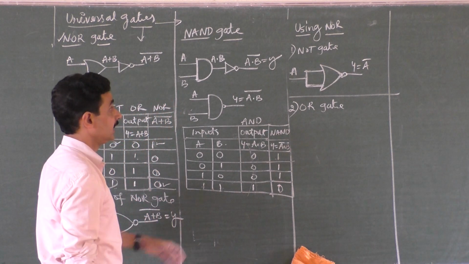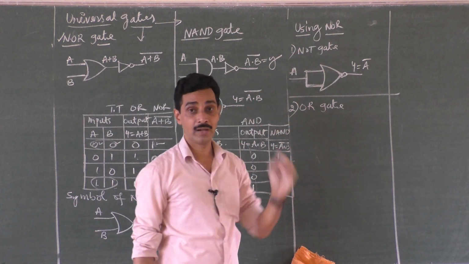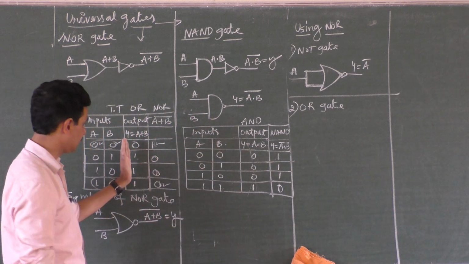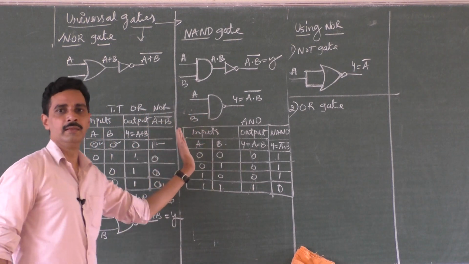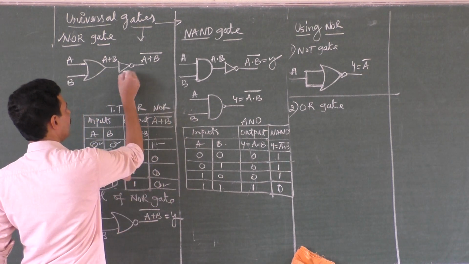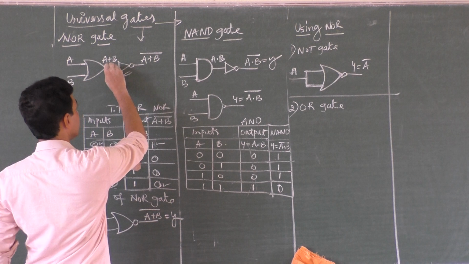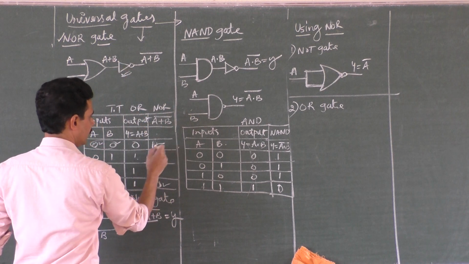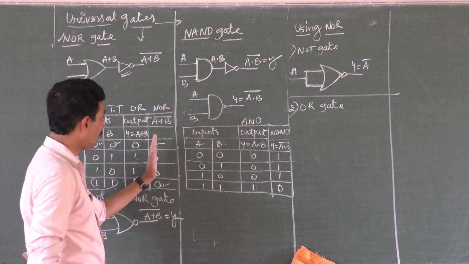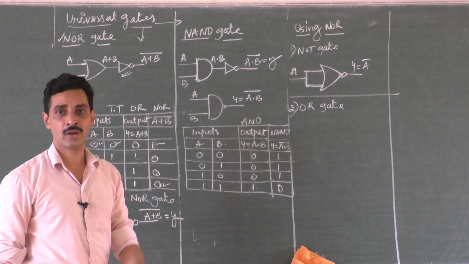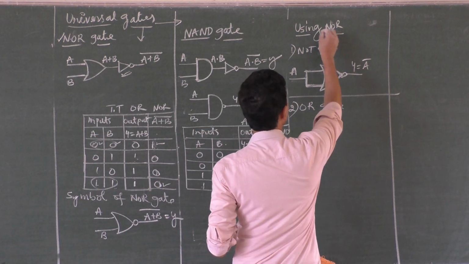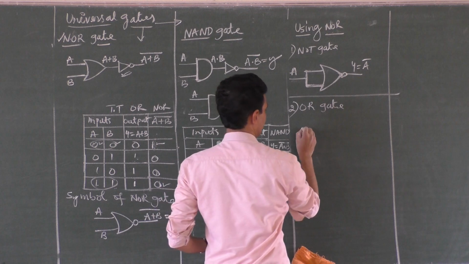You see, in a NOR gate, OR is already complemented, correct? Whatever the output of the OR gate, it is complemented. Complement it again, and you will get it back. 0 is made 1 in the NOR gate, which is like connecting a NOT gate, correct? I want OR back, what can I do? Complement it again. 1 is made 0, 0 is made 1, like this. That means, how to complement this again? Connect another NOT gate. So, if you want an OR gate using NOR gates, take a NOR gate.